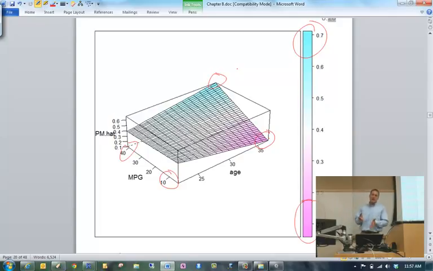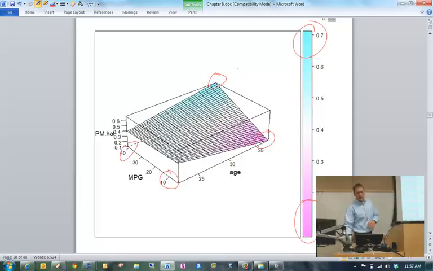And we can see there too that this plane is not flat. It's like somebody took a piece of paper like this, here's my flat plane, and kind of twisted it a little bit. Not a full quadratic effect, but twisted a little bit. And that's what we see there.